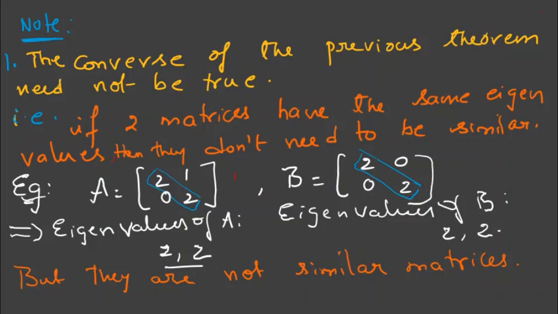So I have taken here two matrices. A is a 2 by 2 matrix, and you can observe it is an upper triangular matrix, whereas B is also a 2 by 2 matrix, and it is both upper and lower triangular. You can say it is a diagonal matrix also. We can observe here that the eigenvalues of A are the elements in the principal diagonal, 2, 2, and the eigenvalues of B are also the principal diagonal elements, 2, 2. But these two matrices are not similar. We can check it by observing that you cannot write either A equal to P inverse B P, or B equal to P inverse A P. You can observe this by other calculations.